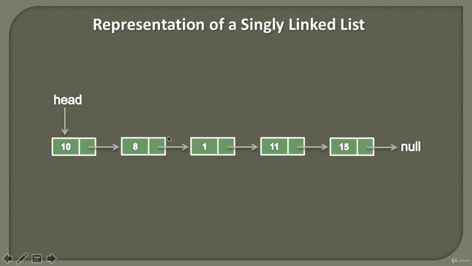Moving ahead. Here you can see how we actually represent a singly linked list. Inside the singly linked list, first we have this node which has data and a pointer to the next node in the list. And this chain goes on to the last node, because the last node points to null. In order to hold this complete list, we usually create a list node by the name head, and head is the first node which actually holds the complete linked list.